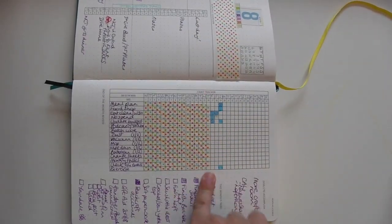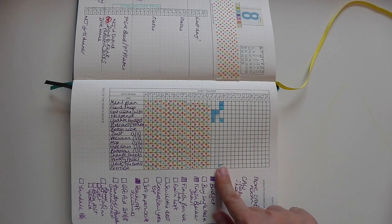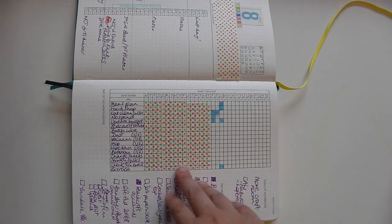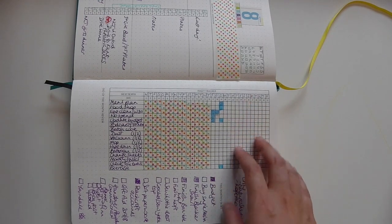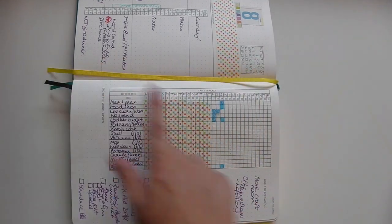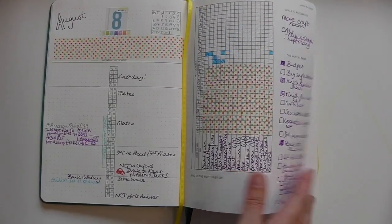Now obviously it's a half month, so I washi taped up to the 17th when I started it. I haven't filled in yesterday's, I need to do that. So yeah, I'm just going to fill in the boxes. My monthly task list is not things that I do daily, my monthly habit tracker is going to be things that I do on a weekly basis, longer term, times when I want to see that I'm actually doing things on a regular basis rather than filling that whole thing up with colour. Because if I go to